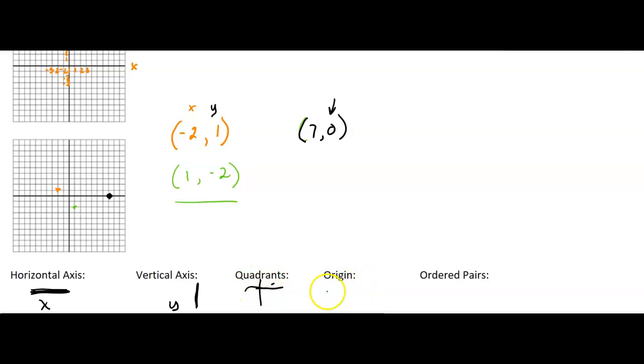And then the origin, that's where they cross, right? There's the origin. And ordered pairs, that's what we're graphing. So an ordered pair has parentheses and then numbers, the first component and then the second component. And they could both be positive, they could be positive and negative, and you can do all kinds of things like that. We'll show you some examples in the next